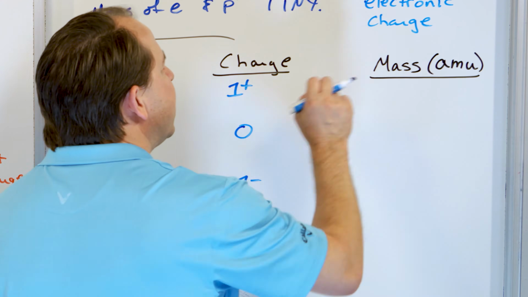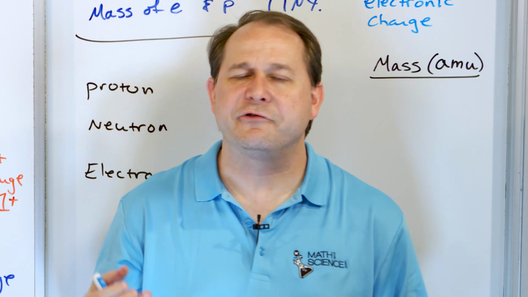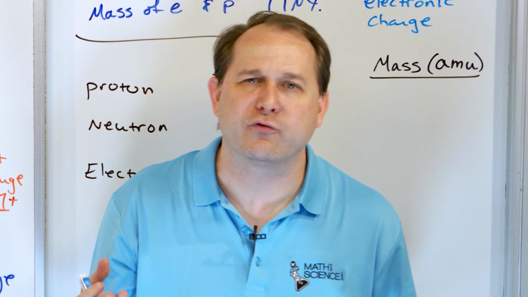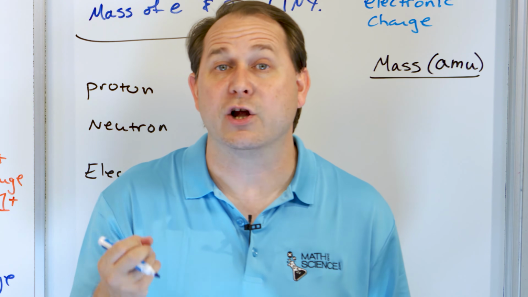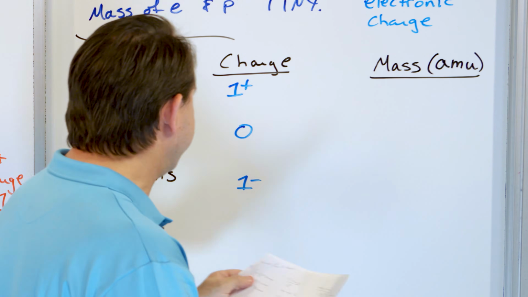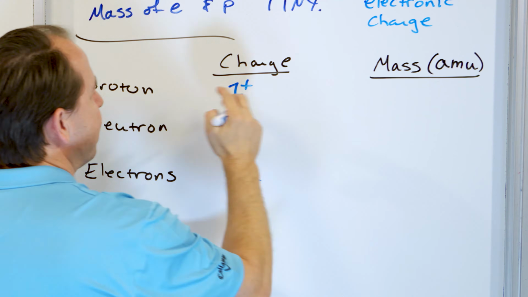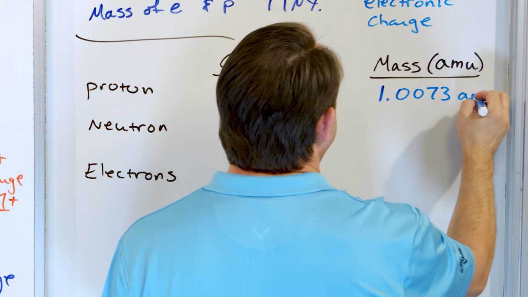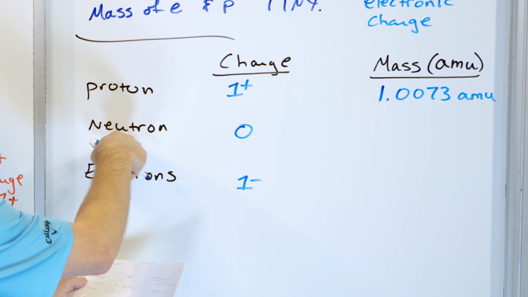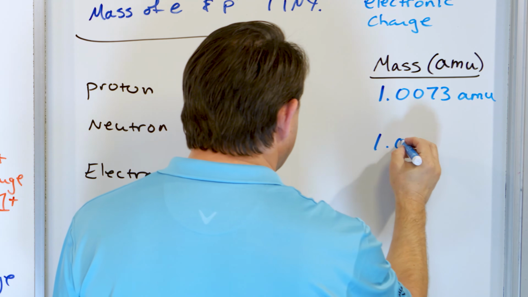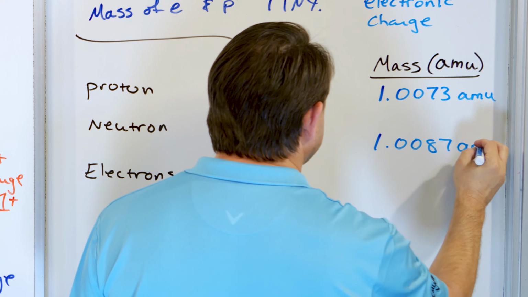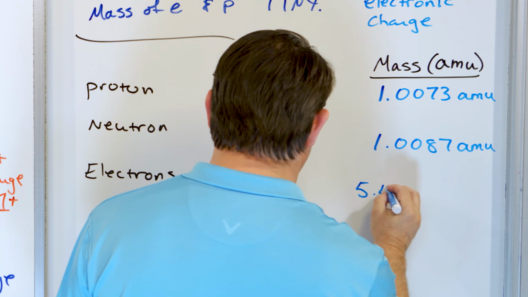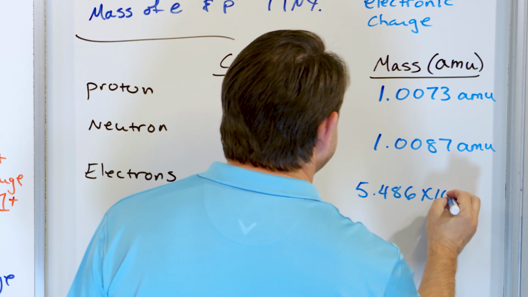And then we have their mass. Now again, their mass you can measure in grams, but because we're talking about atoms and we're writing incredibly small numbers, we define something called atomic mass unit. I'm going to write these numbers down. The mass of a proton in atomic mass units is 1.0073 AMU. I'm going to talk about these numbers in a second. The mass of the neutron is 1.0087 atomic mass units. And the mass of the electron is, wait for it, 5.486 times 10 to the minus